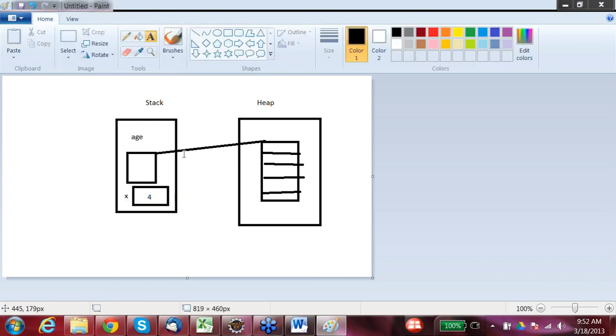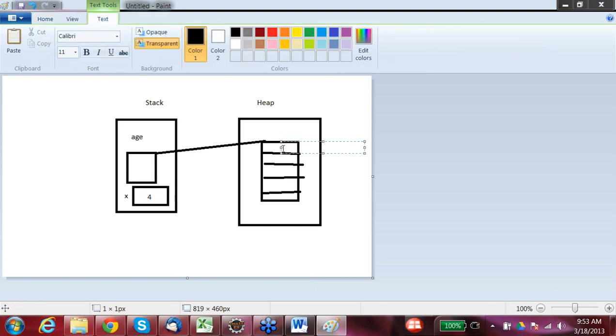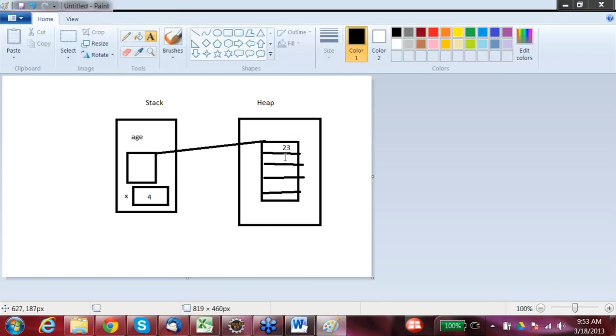Here age would be storing the address of the first element in the heap. There are all the 10 elements. The first element's data value was 23, second was 21, third was 21, right?